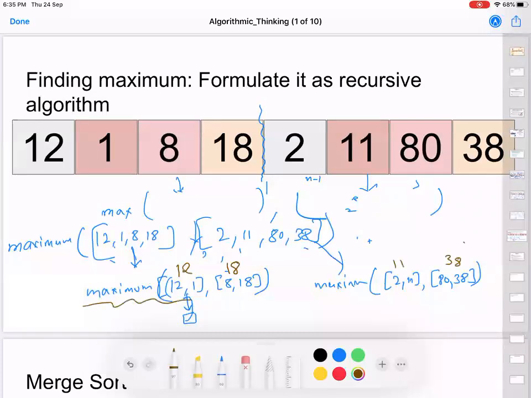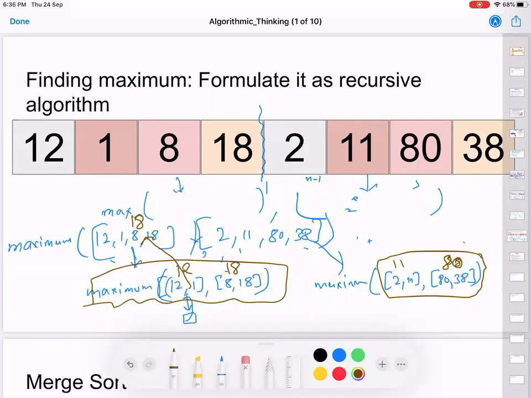Now this person over here will return maximum of 12 and 18 to this, right? So this person over here will return 18 here. This person will return maximum of 11 and 38. So if you look at it, I'm sorry, 80. If you look at this, it is exactly similar to that iterative process, right? So the first part of it was breaking it down. Second part of it is building up. So this building up part here is exactly similar to that iterative approach which we have done. So this one returns 80 here, and this first person here has just to look at the max of 18 and 80, which is 80.